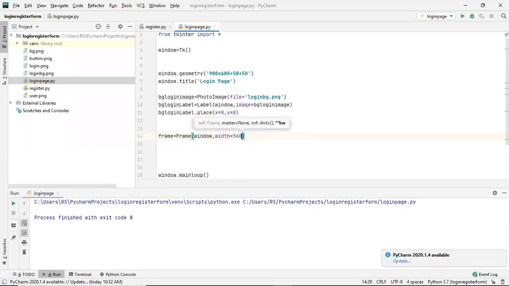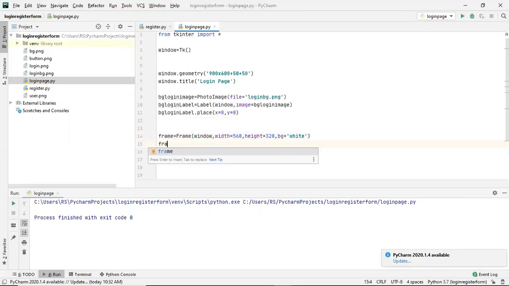And next the height I'll provide as 320. And the background color I'll set it to white. Next thing is I'll simply place this, so frame dot place, and where I'll place it, from x at a distance of 180 and from y at a distance of 140.